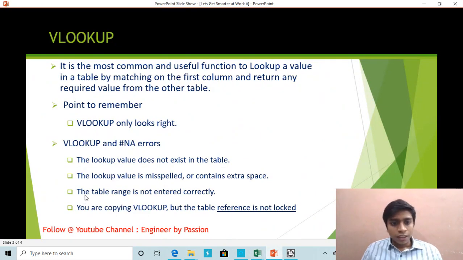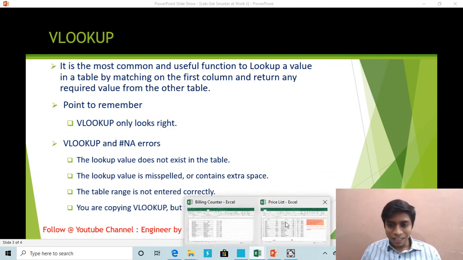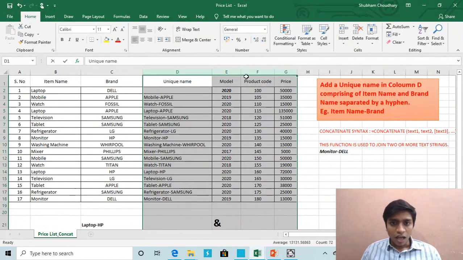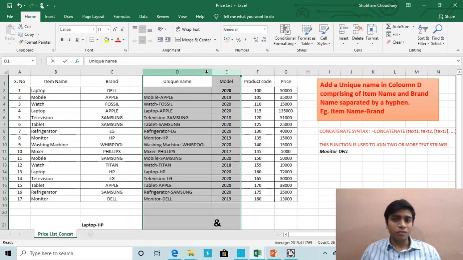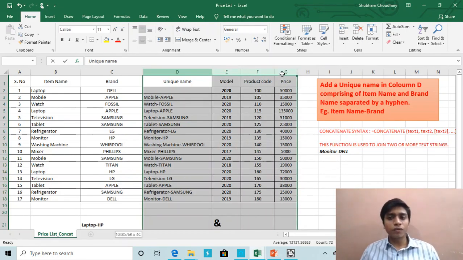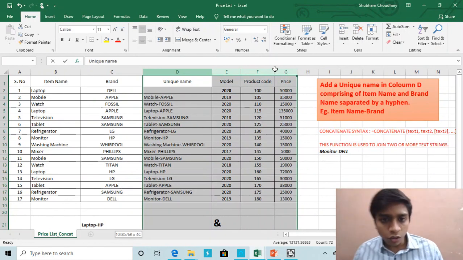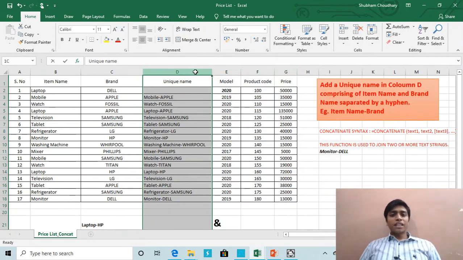Other one, the table range is not entered correctly. Means while selecting the table array, I have not selected the lookup values column as the very first column. The column containing the lookup value must be at the first, and the table array must go right of it.